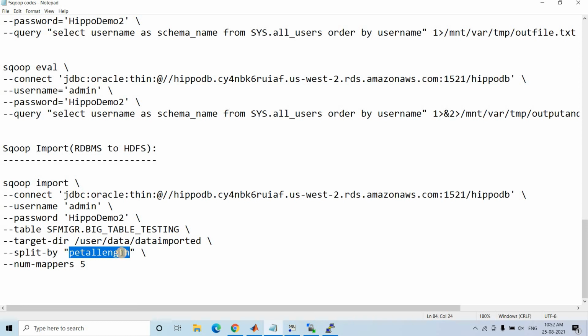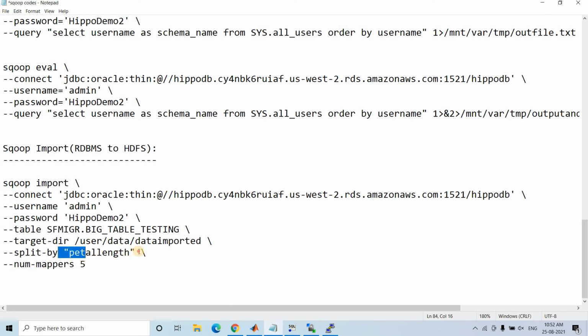Sqoop will compute the max value and min value of that petal length column, then divide that range, max minus min, by the number of mappers, and in individual mappers, that many records will be imported from our RDBMS to different worker nodes. So that is how it works.